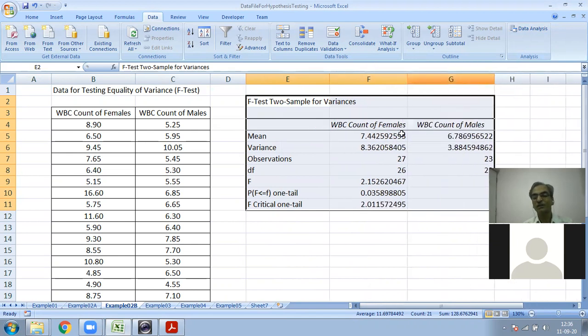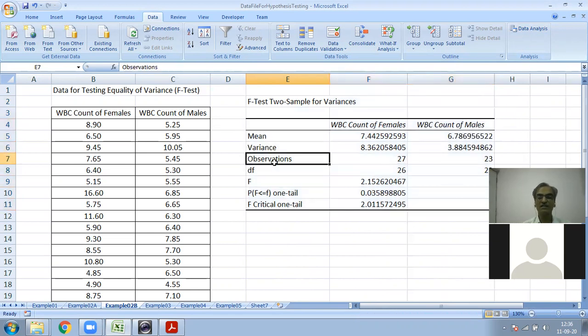So it gives you three columns. The first column is about mean, variance, number of observations, F test statistic, then the p value and the F critical value. The second column is about the first variable: its mean, variance, number of observations and degrees of freedom.